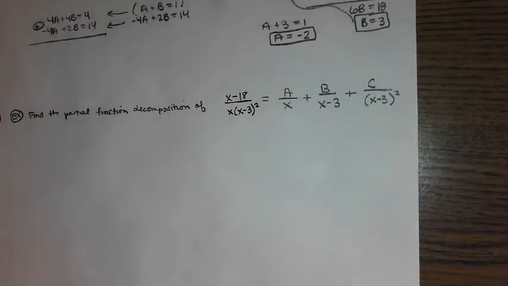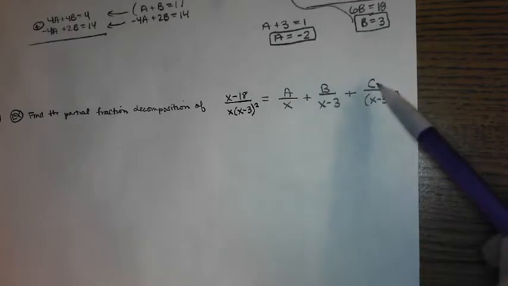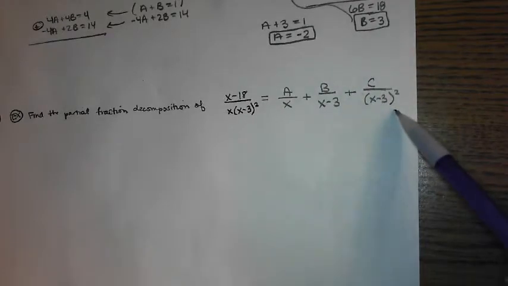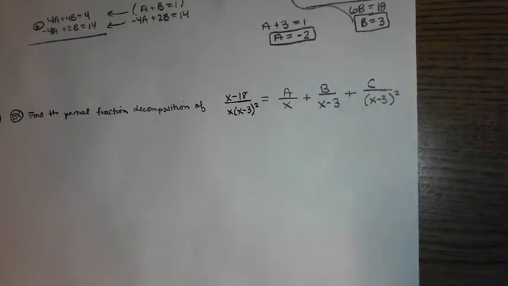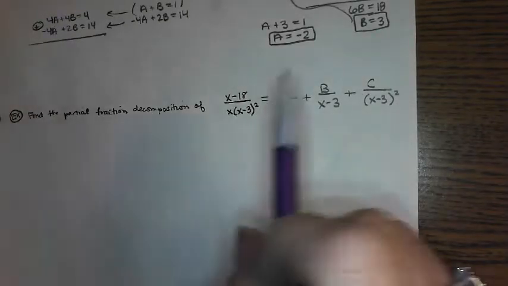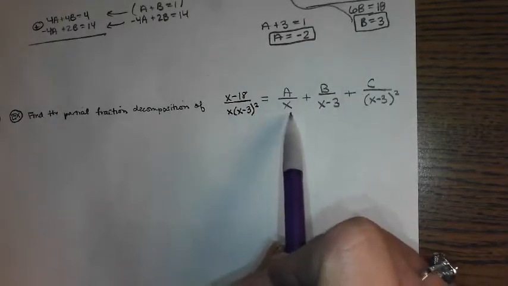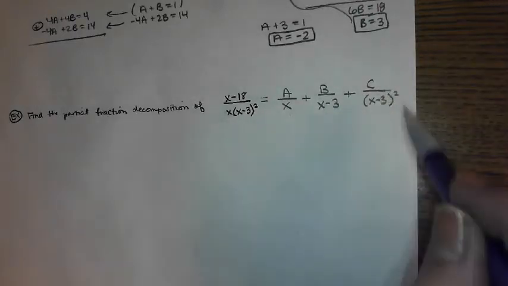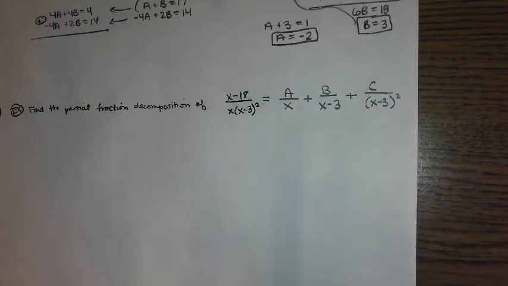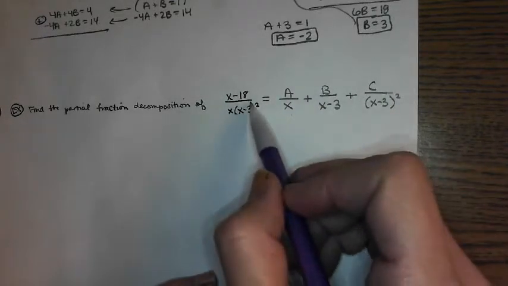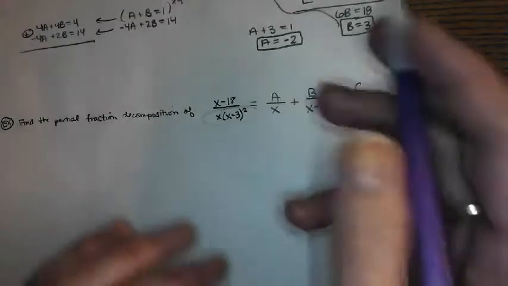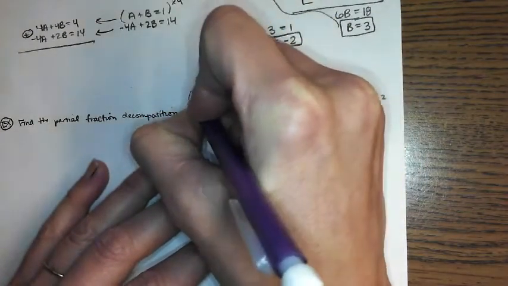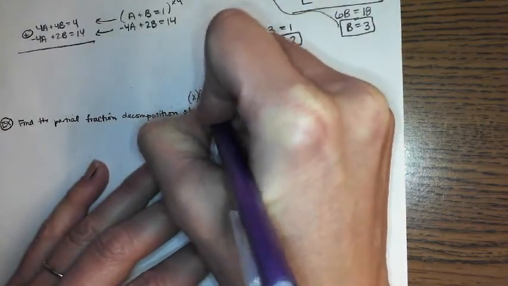But you don't just do a third c over x minus 3. Okay? You have to do the x minus 3 squared. So again here, I could go through and get a common denominator all the way across and then cancel the denominators, but I'm going to show you a different way of doing it as well. I'm going to do it the clearing fractions way. So the least common denominator is always going to be this one. So if I multiply both sides by x times x minus 3 squared,